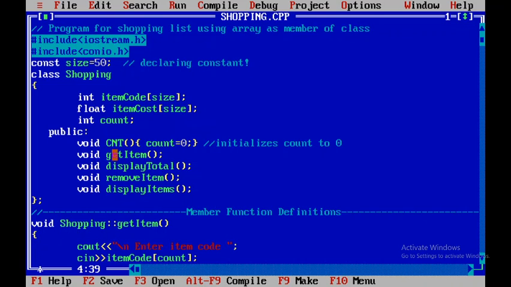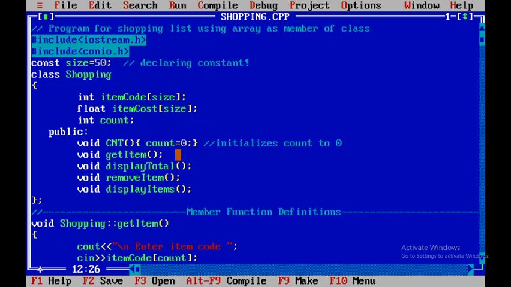We are using the get atom method. Whenever we want to add any atom to our shopping list, we will use the get atom method. Display total is another method. Void display total: this method we will use to check the total cost of our shopping list or order.